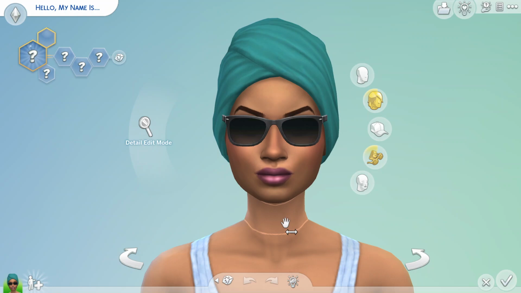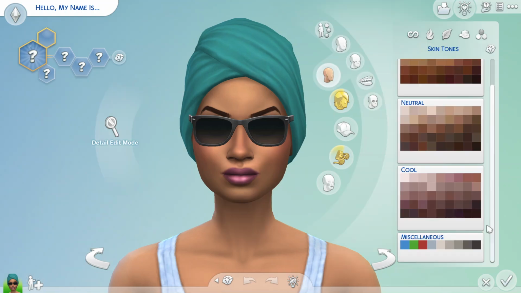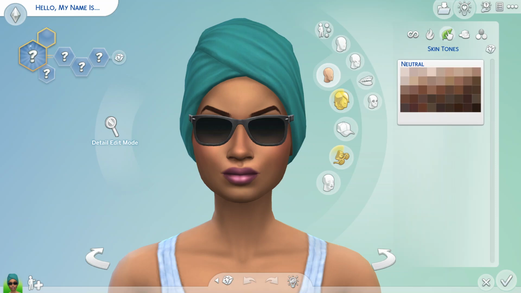So for the face, you can change the skin tones, and they have warm, neutral, as well as cool tones. Or if you're making a monstrous sim, which I recently found came very much in handy, they have these miscellaneous colors that aren't necessarily realistic, but if you want to go for something more fantastical, they're there. And you can even see, if you had a season in mind, you can filter the different ones. So that's cool. Then they have faces,